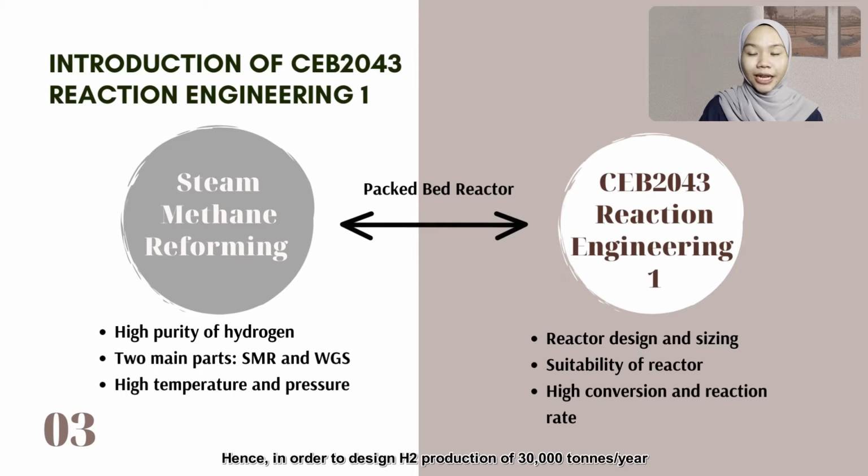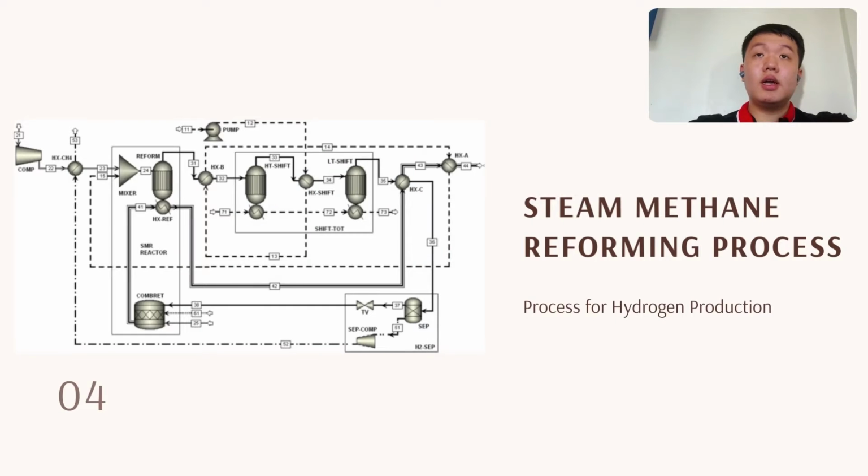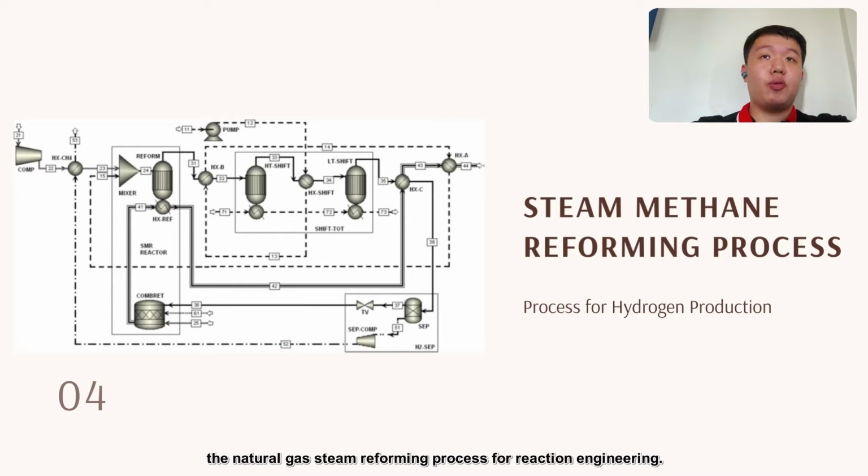Hence, in order to design H2 production of 30,000 tons per year with a purity of 99.9%, and in accordance with the knowledge and principles of Reaction Engineering 1, we have designed a steam methane reforming process with suitable reactors and appropriate designing. Hi, my name is Darius Bong and I will be explaining the natural gas steam reforming process